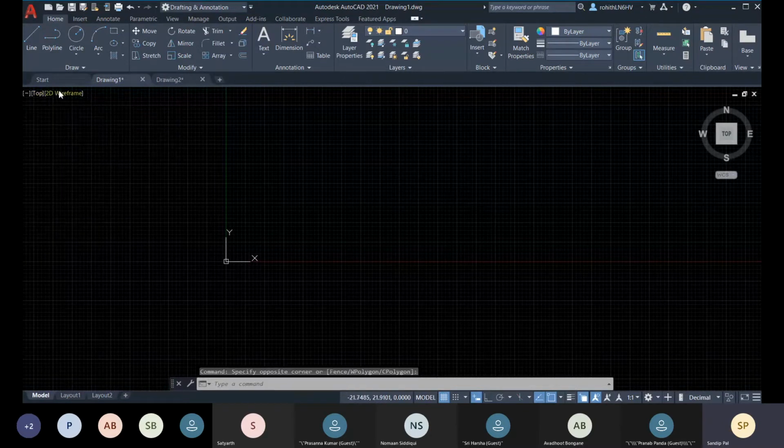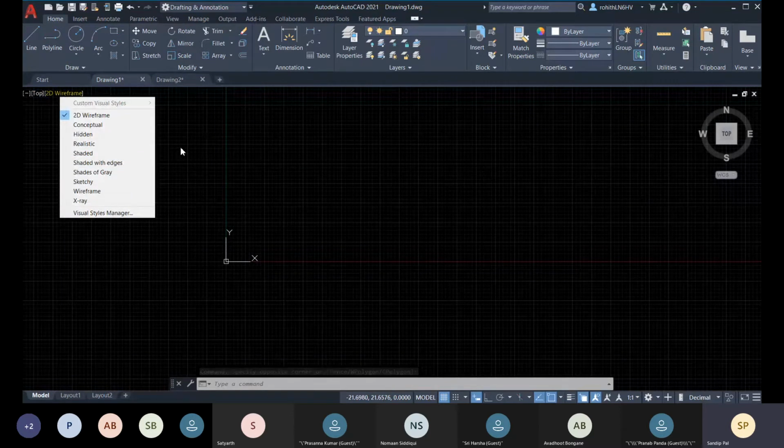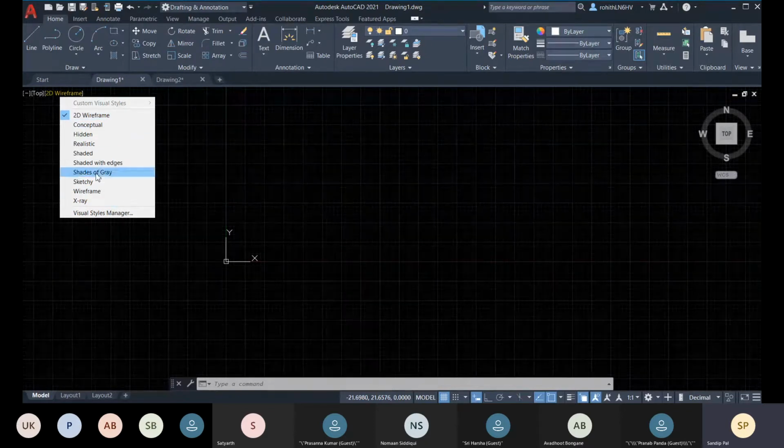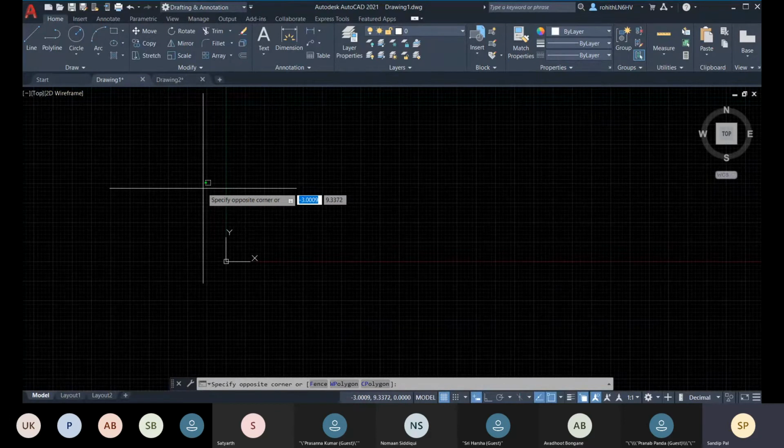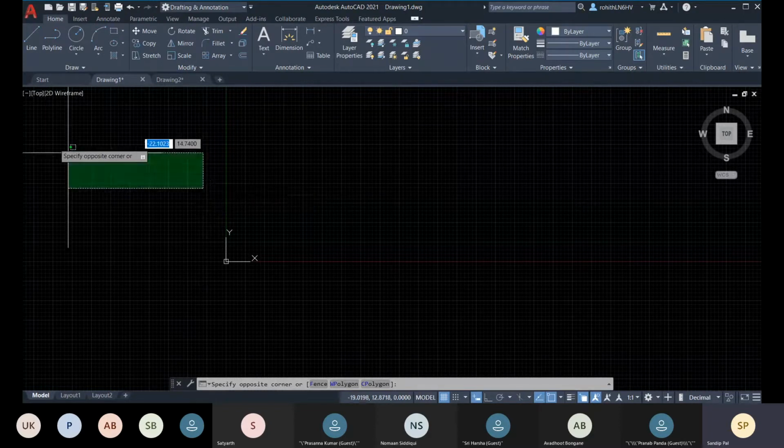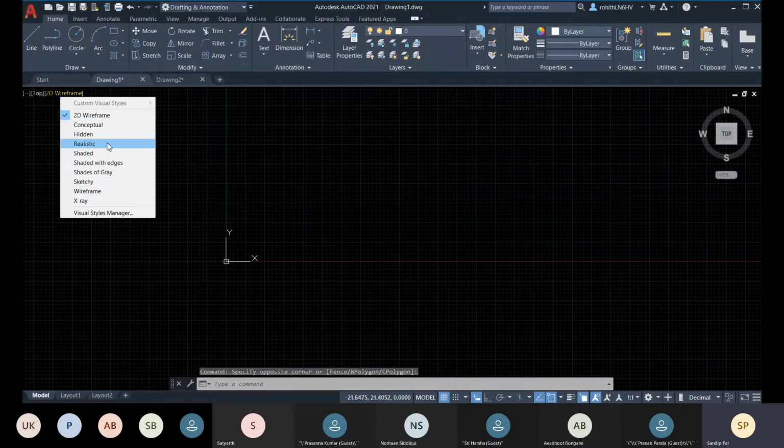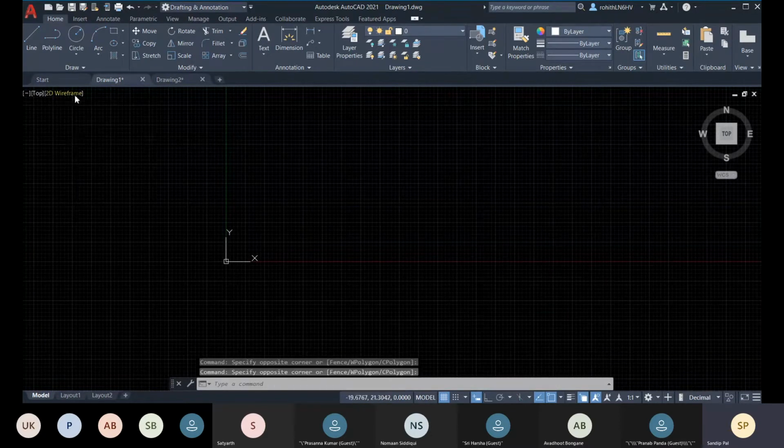And now let me talk about the visual style. This is called a visual style. These are just different visual styles, and we have this whole list of visual styles. It's like you have clicked one photo and you apply filters to your photo. It's similar to that: you are just applying filters to your model. That is called your visual style.